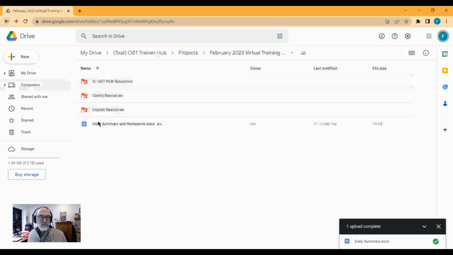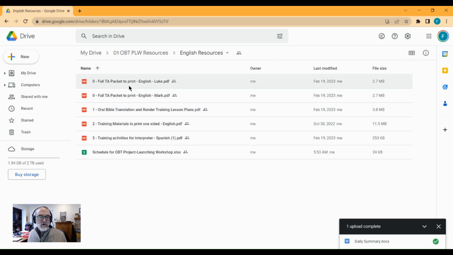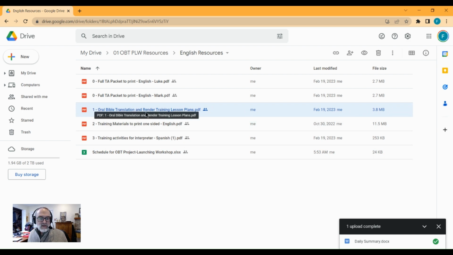I'll go back. English resources. It's this folder that holds the governing documents for being a trainer and what you need to do to run a project launching workshop. I've added to this the schedule that we looked at today in day one. And I want to point out that this file starting with one dash is the lesson plan. That's another part of today's homework: to open that, look at it, and to consider some questions. We'll look at the other documents later. But let me go back